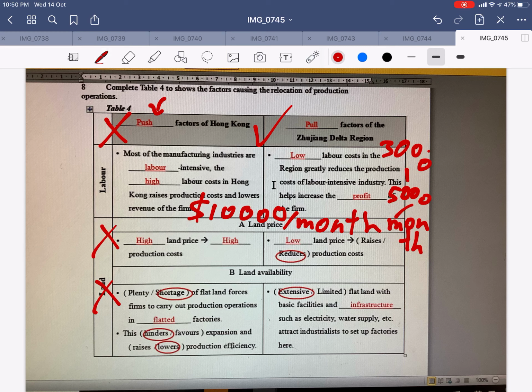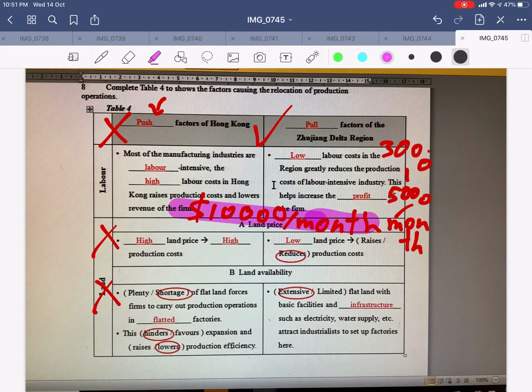What is push factor? Most of the manufacturing industry is labor intensive. If Hong Kong has a high labor cost, for example, you need to have this as an example in your essay also. If you are having 10,000 per month,